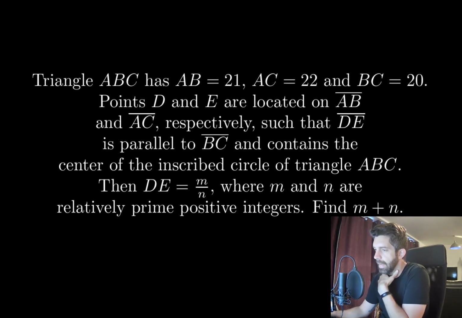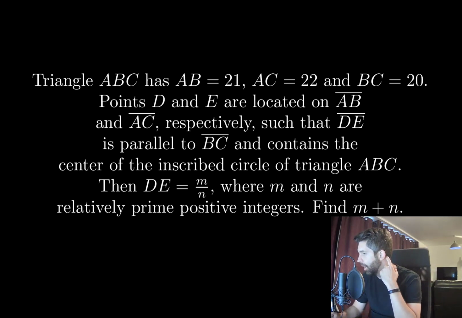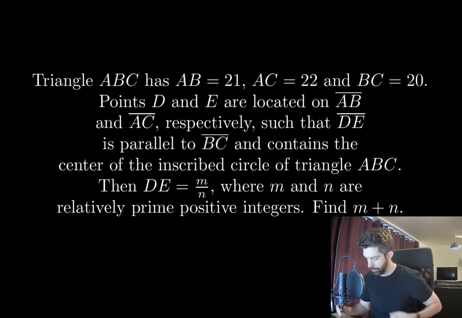Triangle ABC has AB equal 21, AC equal 22, and BC equals 20. Points D and E are located on AB and AC respectively, such that DE is parallel to BC and contains the center of the inscribed circle of triangle ABC. Then DE is equal to m over n, where m and n are relatively prime positive integers. Find m plus n. Okay, so this is one of these geometry problems that I typically either struggle with or